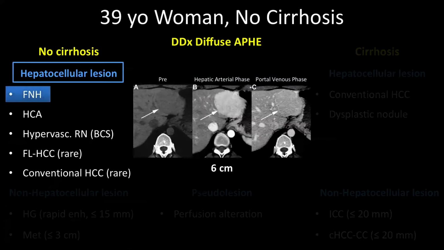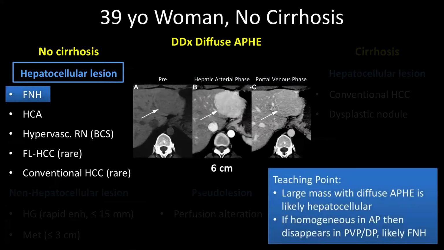in our differential diagnosis. So the teaching point is a large mass with diffuse arterial hyperenhancement is likely hepatocellular. If the mass is homogeneous in the arterial phase and then disappears in the portal venous and delayed phase, it is likely an FNH. Now, I don't want you to think that we can make the definite diagnosis of FNH